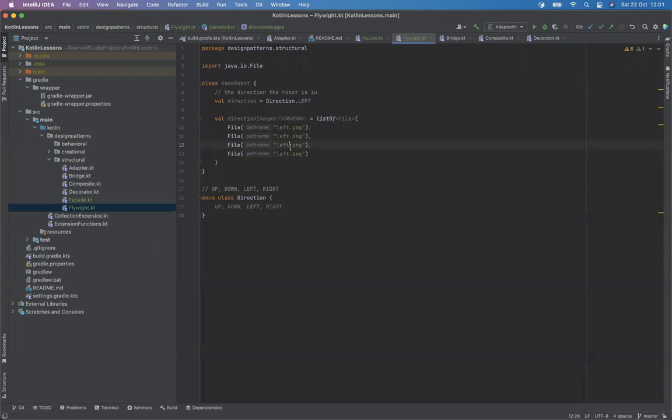So file left, right, up. I'll get to this in a bit. Just bear with me for a second. Down. So we have all these images to represent the directions they are in, and we're going to check them, right? So if we now write the function get direction of this